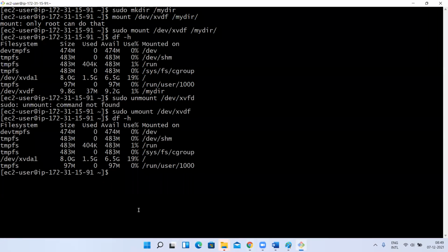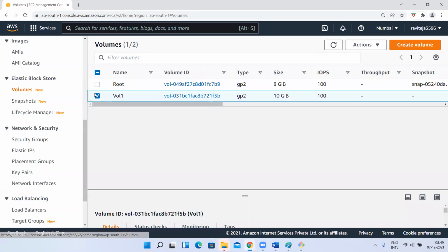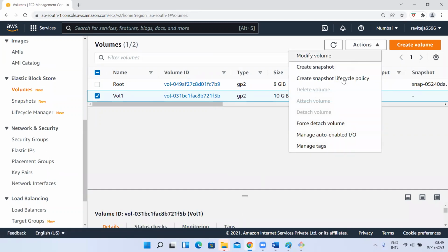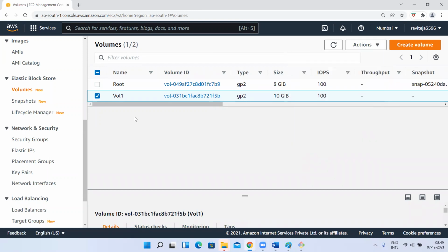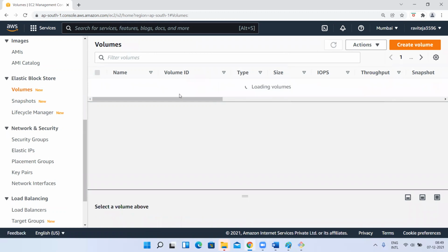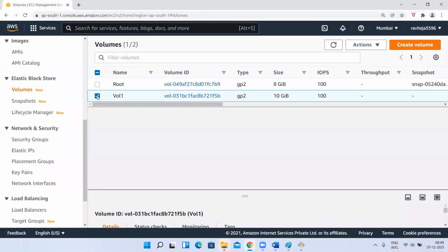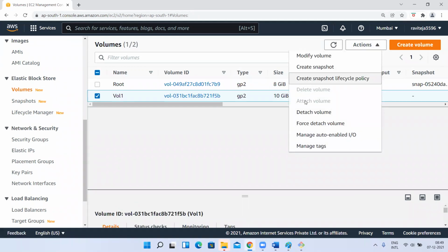Now first I need to detach it. Go to Volumes, select this one, and first detach it from the instance. Okay, you have to detach it first.